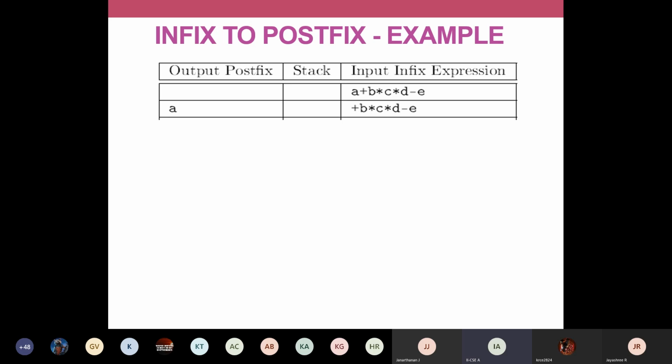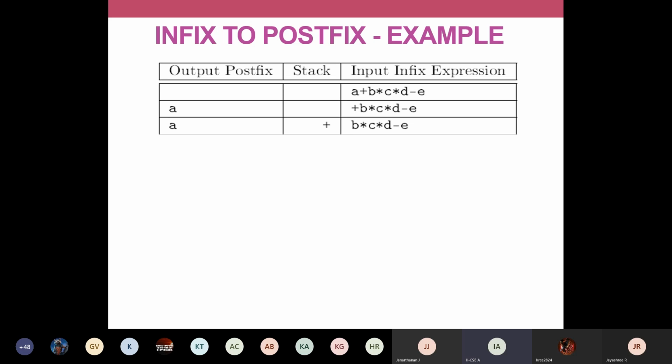First there is an A, you write it to the output. Next you have a plus. You decide where to write it. I have to write this plus into the stack. You have to push the operator into the stack. In the next row you write the plus again in your stack, and the remaining tokens you write in your infix field. In this third column you leave out that plus and write the remaining symbols.